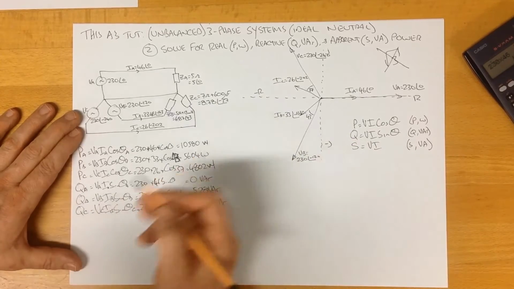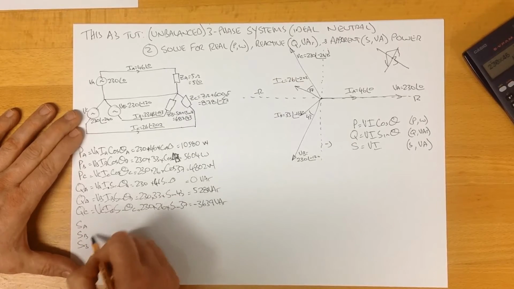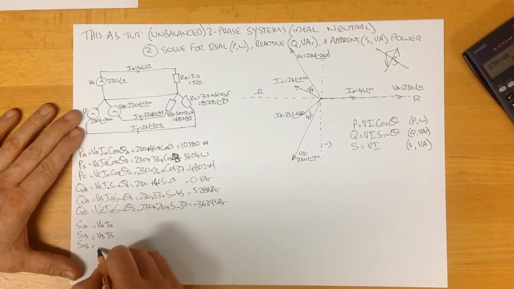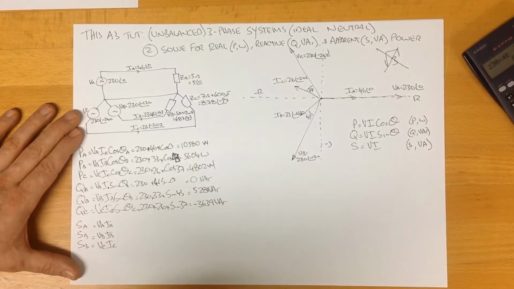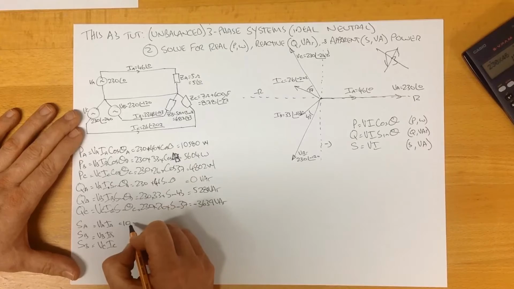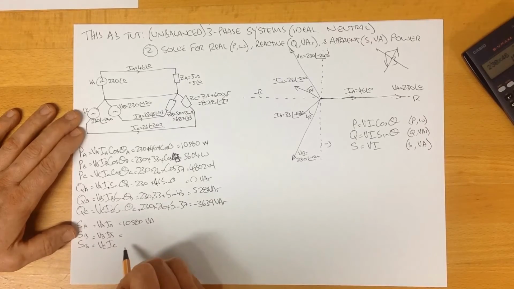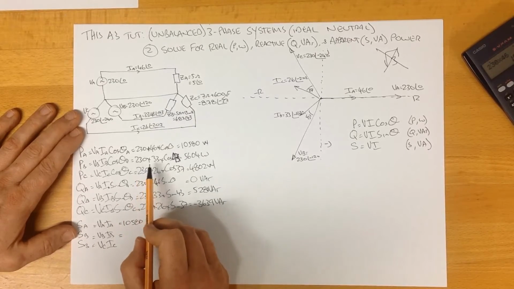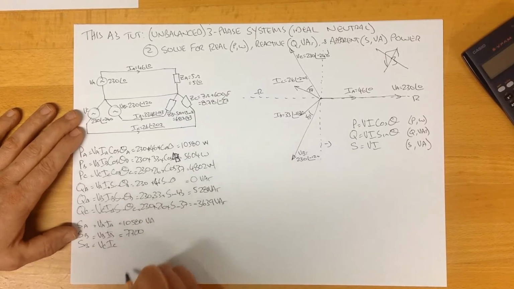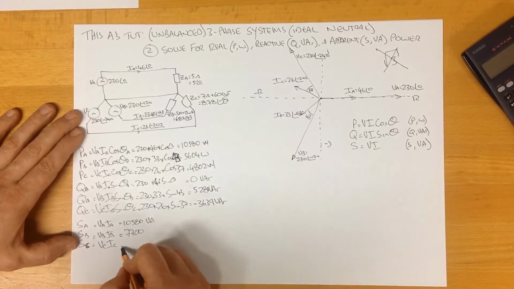Just because we can, we can find out the apparent power in each of these, SA, SB and SC: VA, IA, VB, IB, VC, IC. That's 230 times 46, which is 10,580 VA. SB, again, 230 times 33, 7,700, and SC, VC, IC,